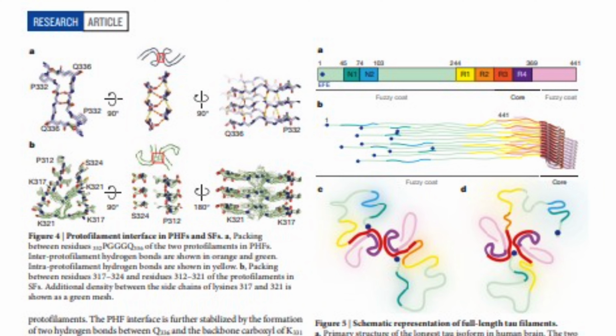The same packing interface is absent in the widely used K18 and K19 constructs, which span 3 or 4 repeat domains of recombinantly expressed tau and terminate at E372. Therefore, filaments made of K18 and K19 proteins cannot represent the complete core structure of AD brain-derived PHFs and SFs, and care should be taken when extrapolating experimental results derived from the use of constructs ending before F378 to tau